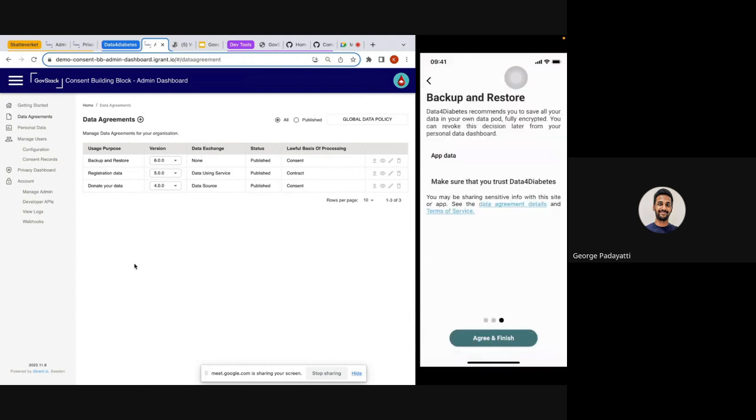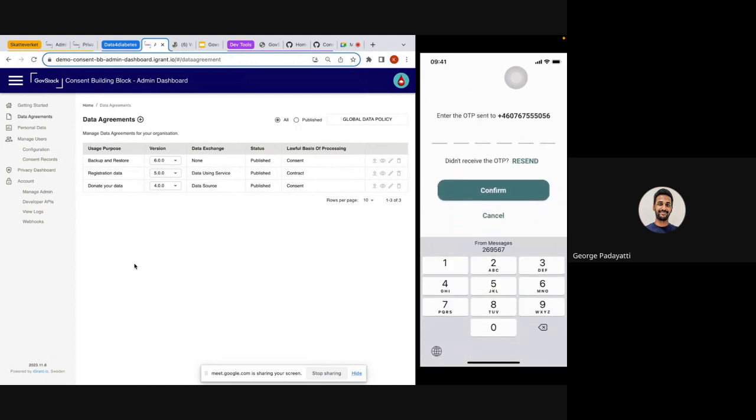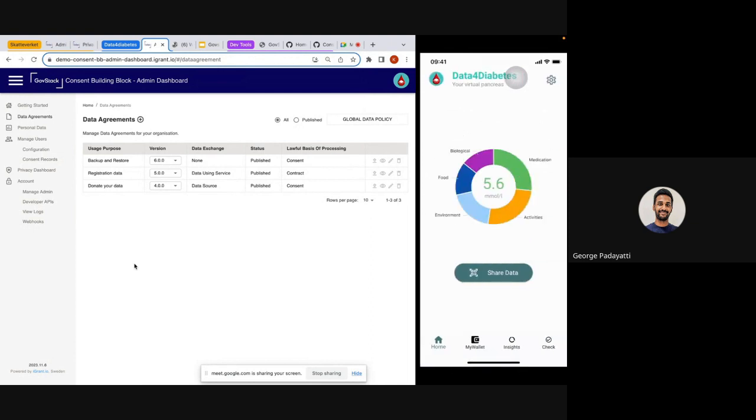So Kashish as user is okay with this data agreement too. She's agreeing and clicking the agree and finish button. She can click on that. Now she's taken to the OTP screen. She's received an OTP, clicking on confirm. Now she's taken to the Data for Diabetes home page,